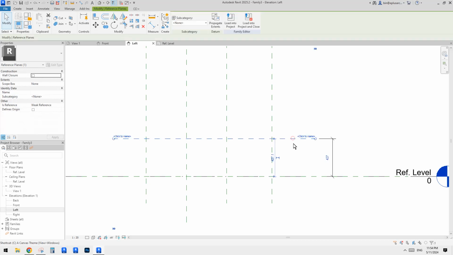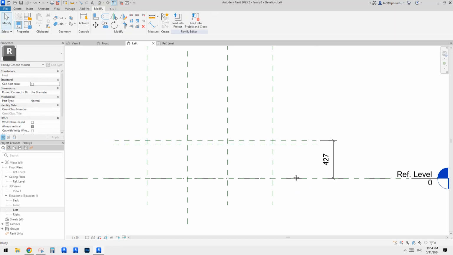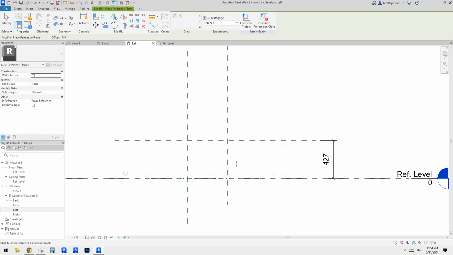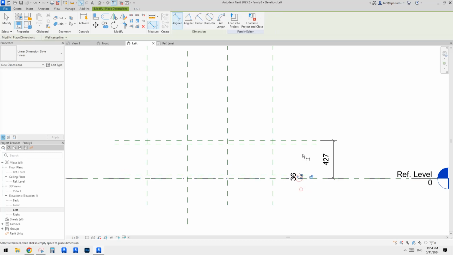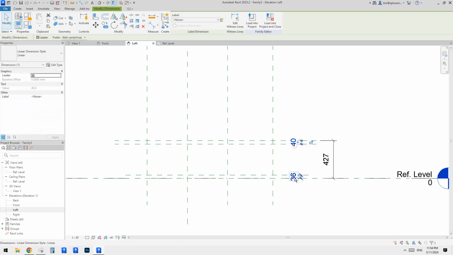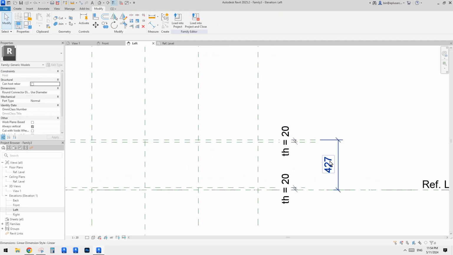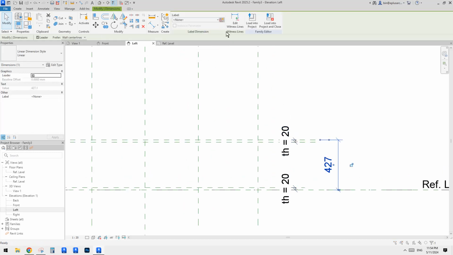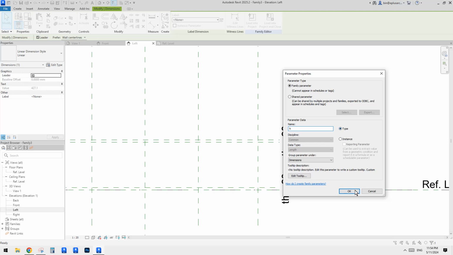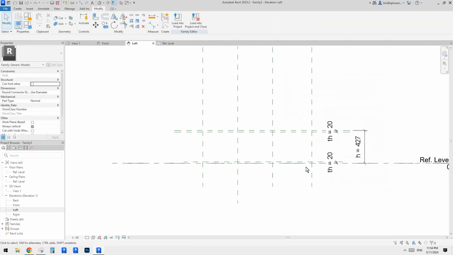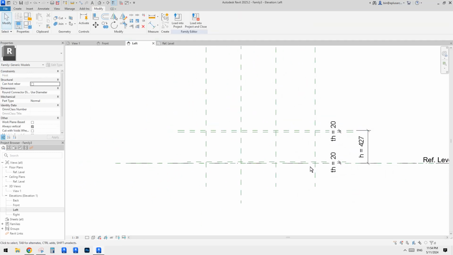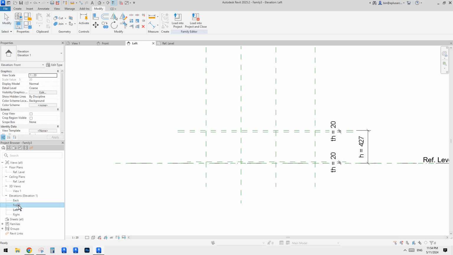we also need a reference plane for the thickness. I'll just add another reference plane here. So DI, and select both of them, put TH. So this will be the height. Let's create a parameter and call it Height. Okay, and let's go back to